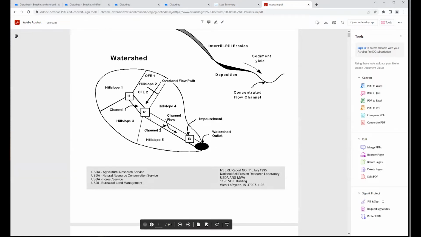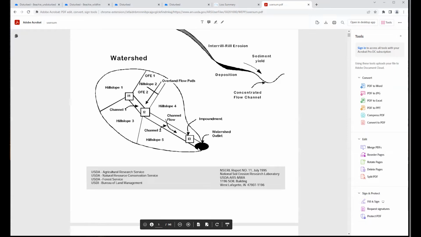So channel erosion is only the soil loss from the area of these channels. Now, sediment yield, on the other hand, is whatever gets delivered at the outlet of a particular channel and is based on all the sediment that is delivered to that channel from the surrounding hill slopes and the channel erosion from that particular channel. For example, the sediment yield at the outlet of channel 2 is equal to the sediment